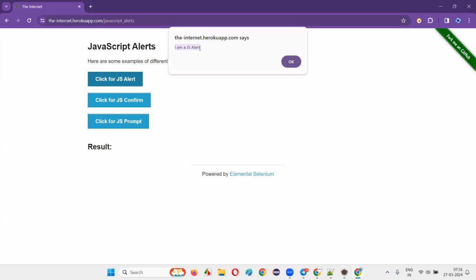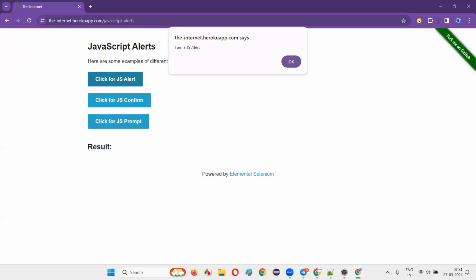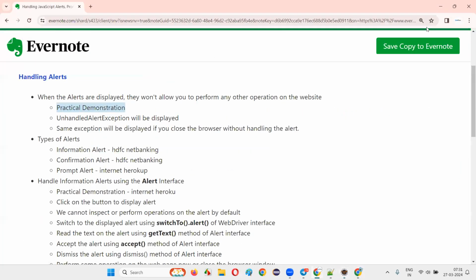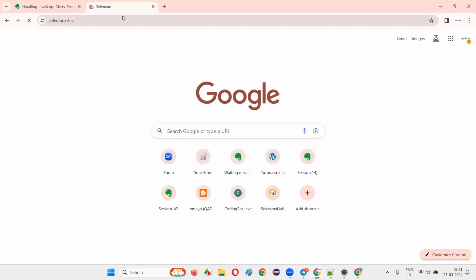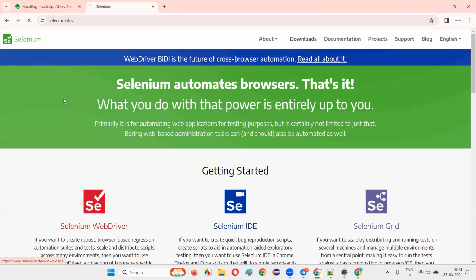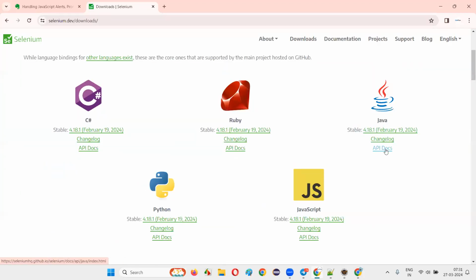We can get this particular text on the alert. Get the text from the alert. How to retrieve this particular text from the alert? Using the getText command. You see, the alert interface has a lot of predefined methods. If you go to the library of Selenium, you can see that the alert interface has a lot of predefined methods. So let's find it out. Go to Selenium.dev and go to the documentation or download section. Go here and click on